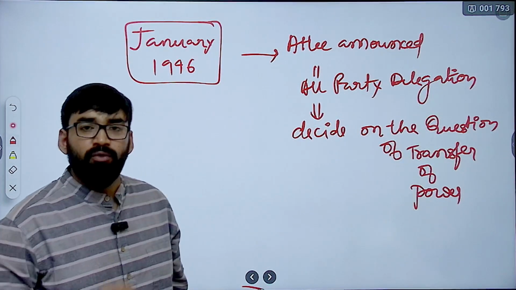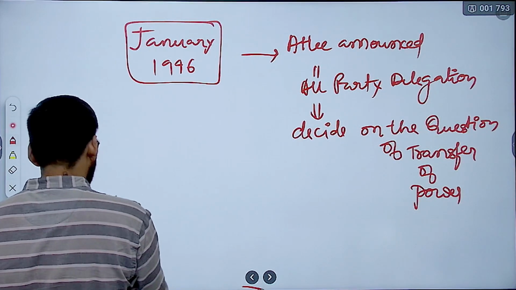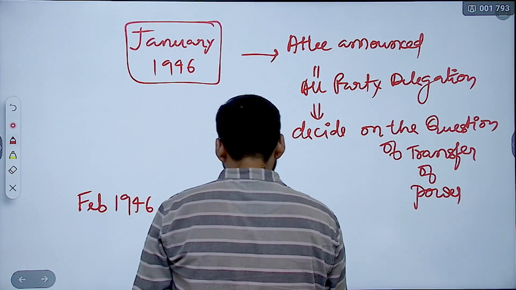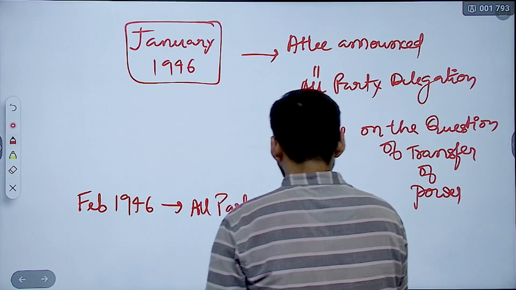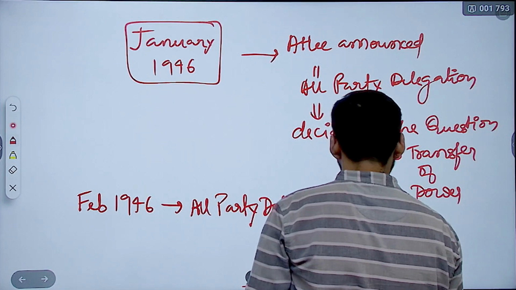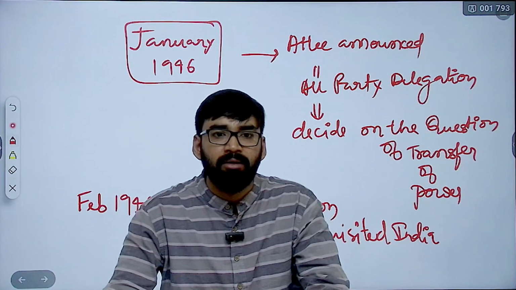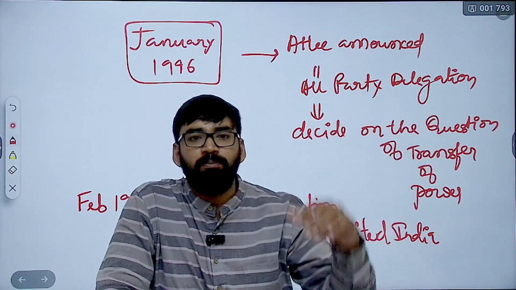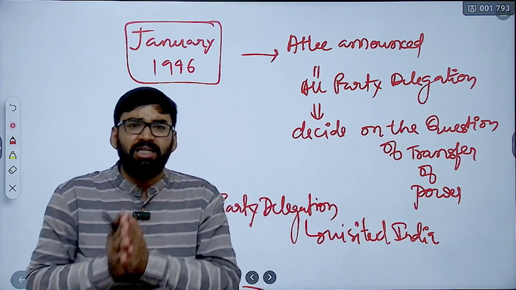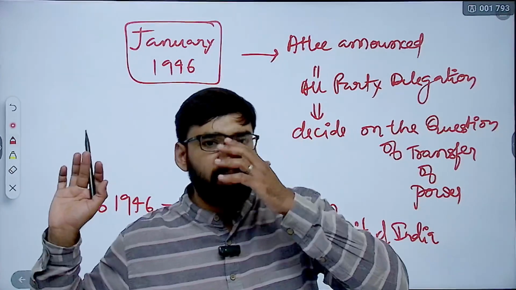Okay. Now, finally, in February 1946, now timelines are very important. February 1946, all party delegation visited India, है ना? And they favored the transfer of power. At the same time, from 18th of February to 23rd February, इंडिया में एक इवेंट हो गया. आईएनए ने, आर्मी ने पार्टिसिपेट कर लिया. तब कौन बचा था? नेवी.